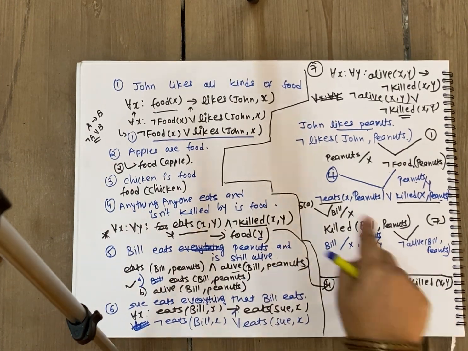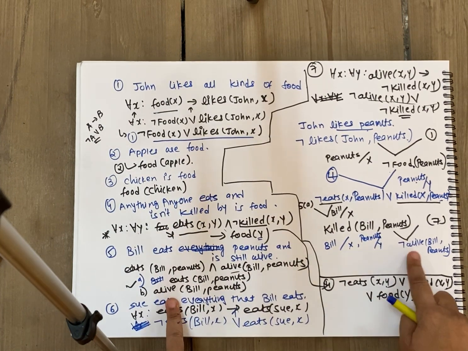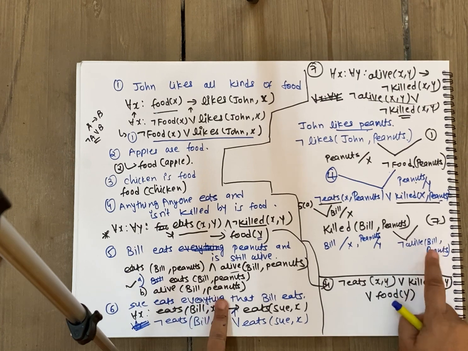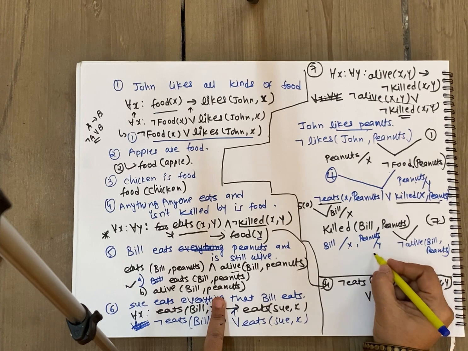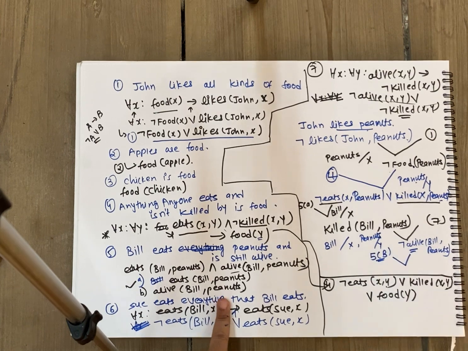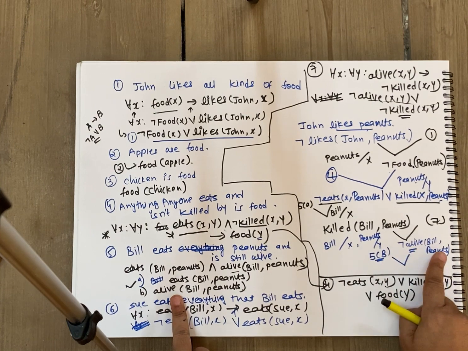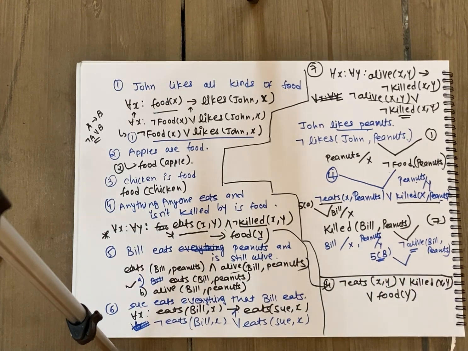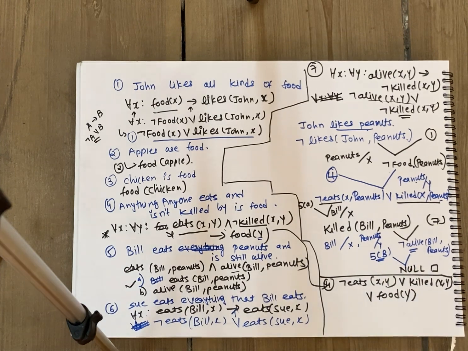So we will search for alive. Yes, it is available over here. So alive and not alive, both are unifiable. Bill exactly matches, peanuts exactly matches. So see, if you consider 5b as the second parent clause with the resolvent, then it is unifiable. All the arguments are matching completely as they are atoms, and alive and not alive means the contradiction is found. So this is null. We have reached null, or we can have this symbol also.